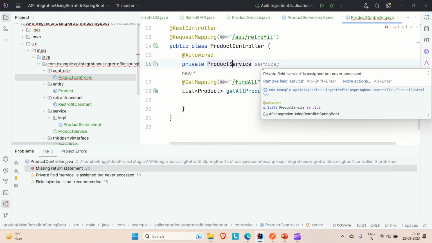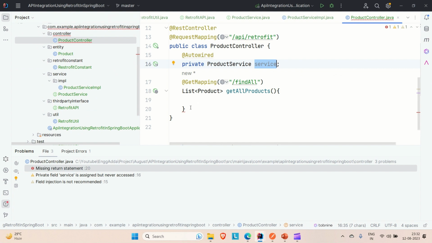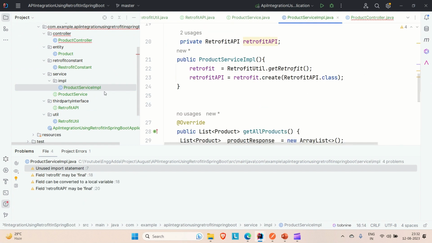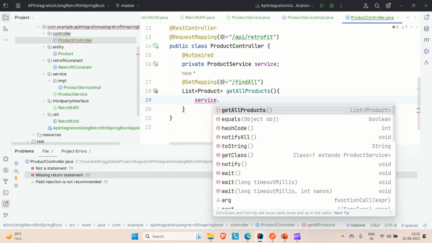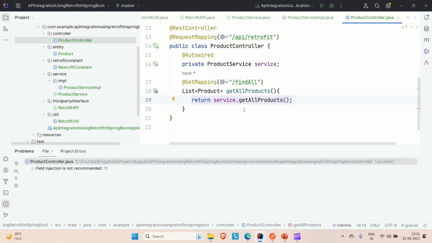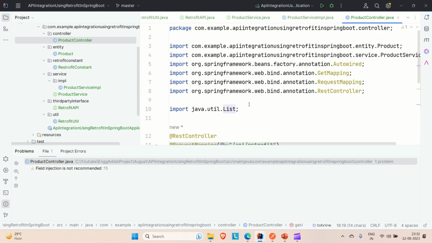So what we did, we have auto added the product service interface reference here, and once its object is created, we can call the method inside the product service implementation, which is get all products. Okay, so go to the controller, and using this reference, I'm just directly going to call the get all products method, and then we are returning it simply. So it is returning the list of product, and this method is also returning the list of product, so we are good. Now our APIs are up and good,